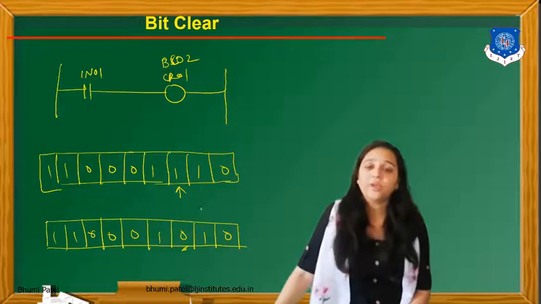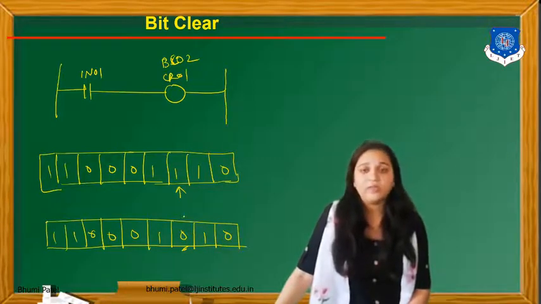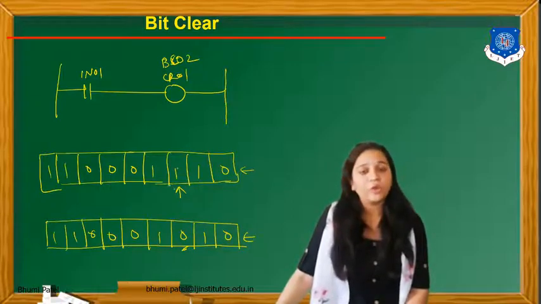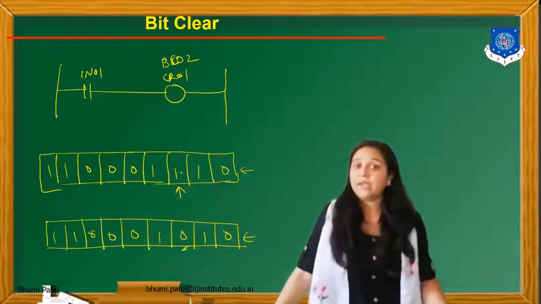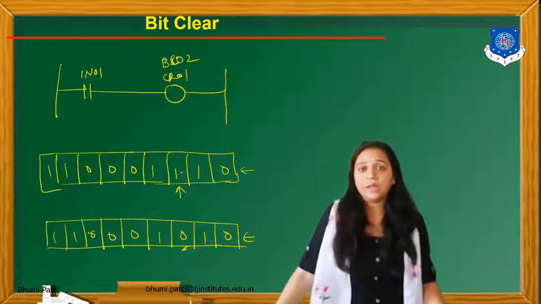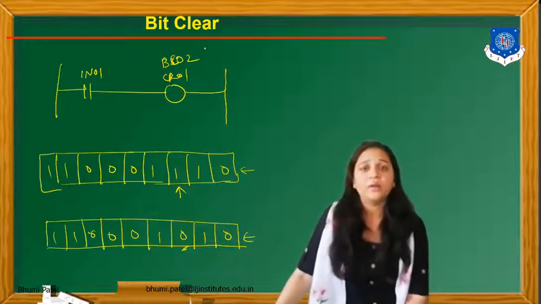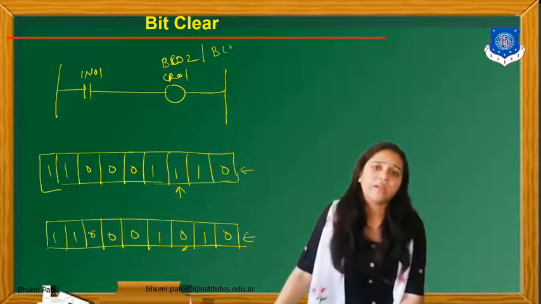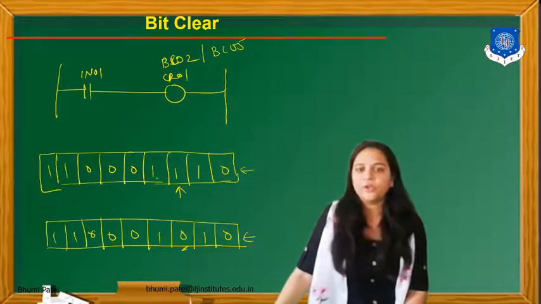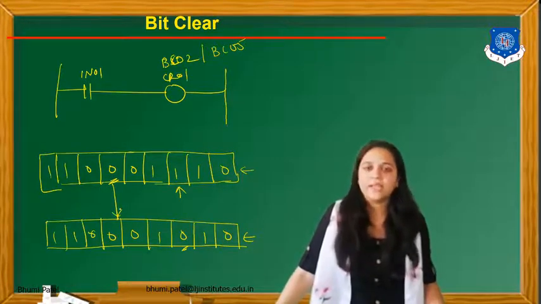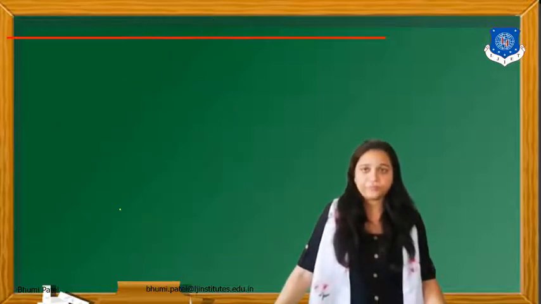Okay, so in the particular application, if we have to convert this binary number to this particular pattern, or if we have a particular one bit to clear, that time we use the bit clear command. If we apply here the command bit clear 0 5, so here you can see 0 1 2 3 4 5. Already it is in the 0 position, so it will remain 0 bit after the program.